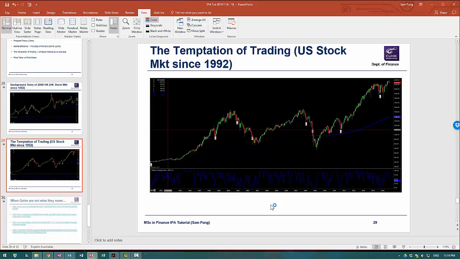I think there are people who say that you should hold a portfolio passively for the long term, and no one can beat the market and so on. So you should hold a portfolio passively and perhaps do it in the long run, because it's so hard to beat the market. Now if you look carefully at this chart,